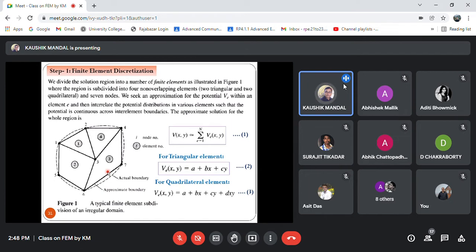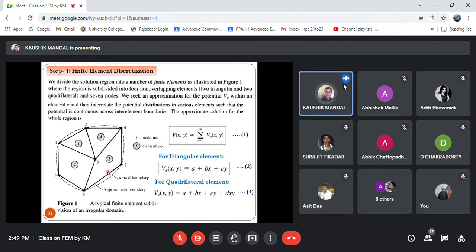If you consider the shape of the element as quadrilateral, then it will be difficult to approximate the boundary of the solution region where the solution boundary or region is irregular. If you have to approximate some irregularly shaped boundaries or region by quadrilateral elements, the approximation will not be better. It will be difficult to approximate irregularly shaped boundaries by quadrilateral elements. Particularly for that reason,